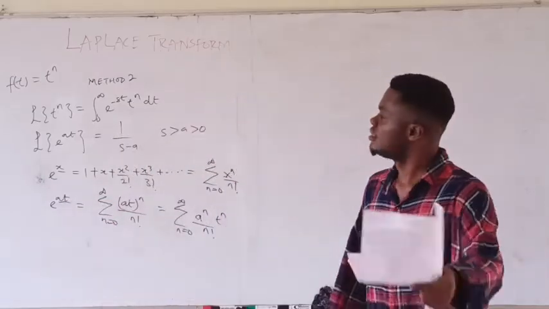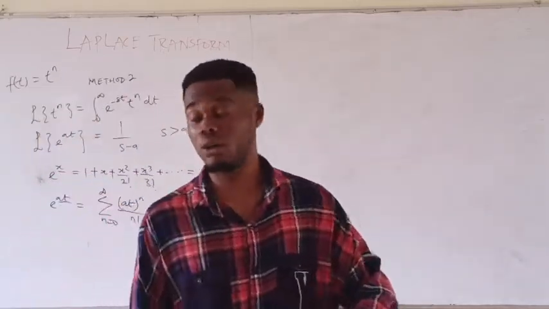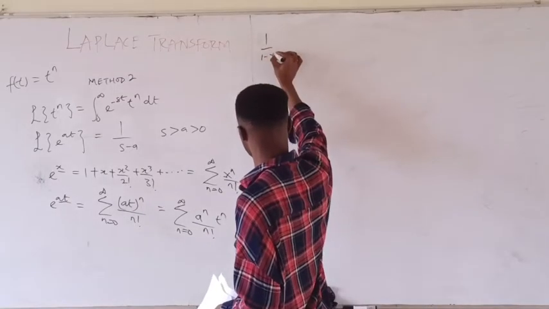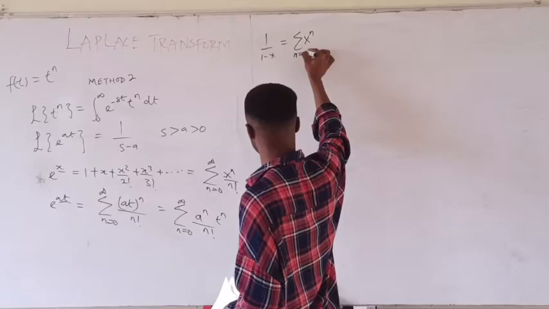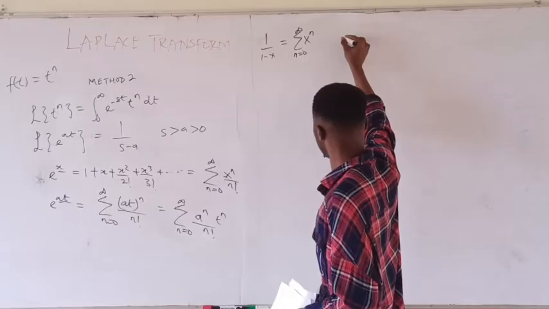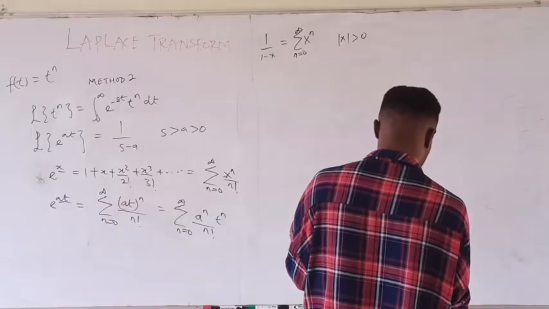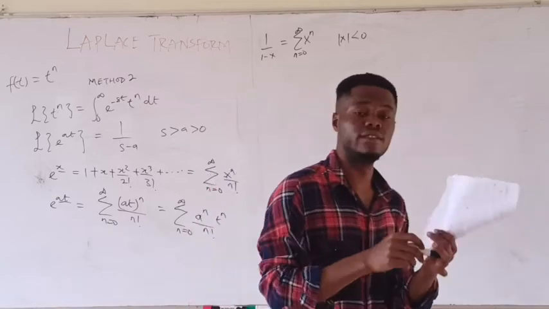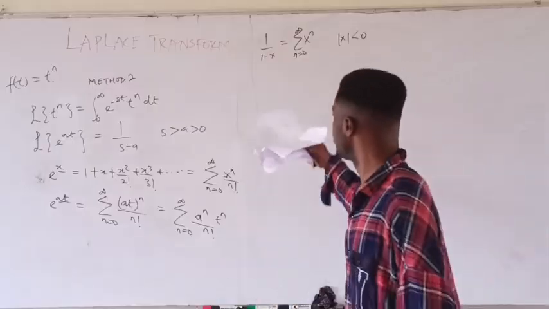exponential of at. Now, as well, we are going to borrow a little knowledge from our Taylor-Maclaurin series. From the Taylor-Maclaurin series, we know that 1 over 1 minus x is equal to the summation of x raised to the power of n from n equals 0 to infinity, as long as x is less than 1. Okay, so this is the idea of the Taylor-Maclaurin series. If you should have something like this,